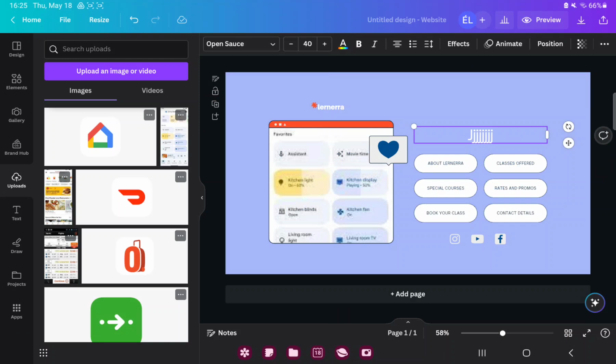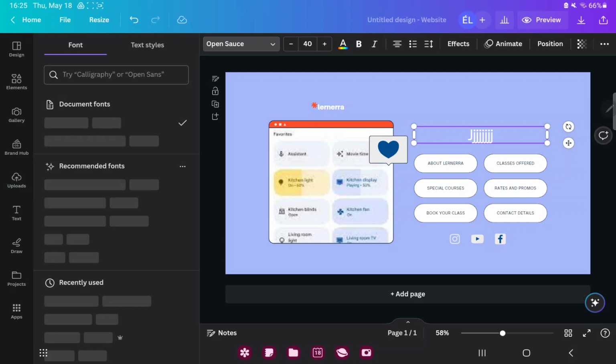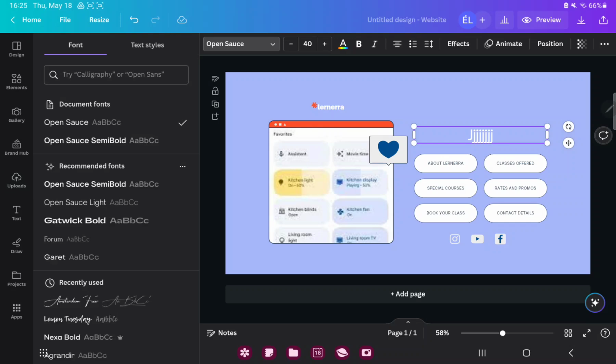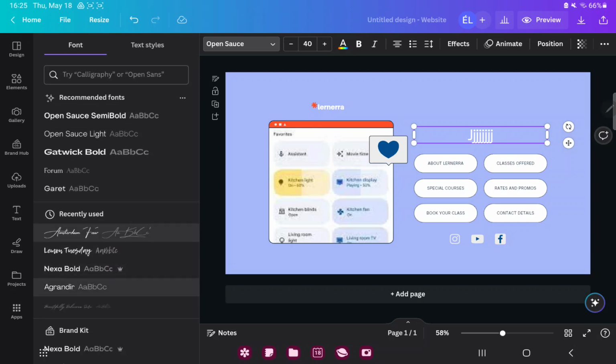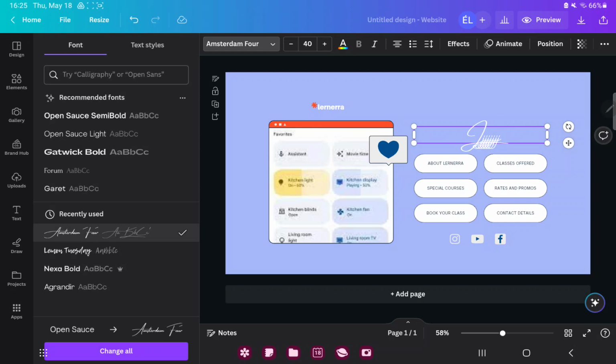Now, if you want to change the style of your text, just click the arrow next to the Open Sans text style name button, and here you can choose other text styles and font types. Just select a font type and click on it. If you want to change the size of your text, just click the plus or